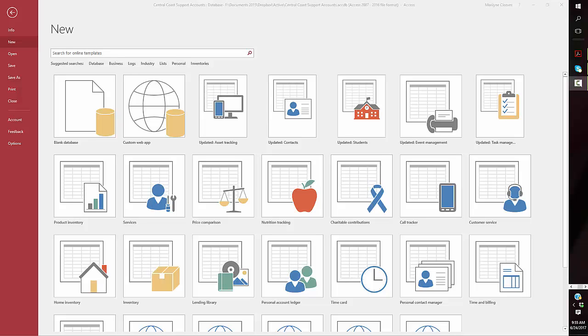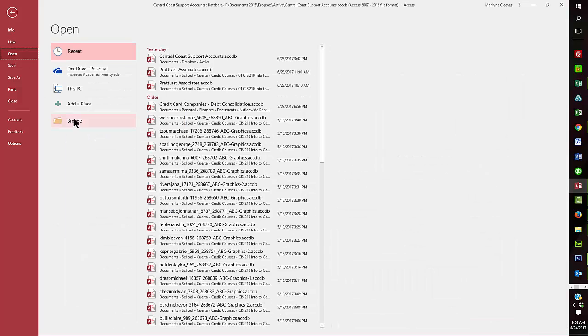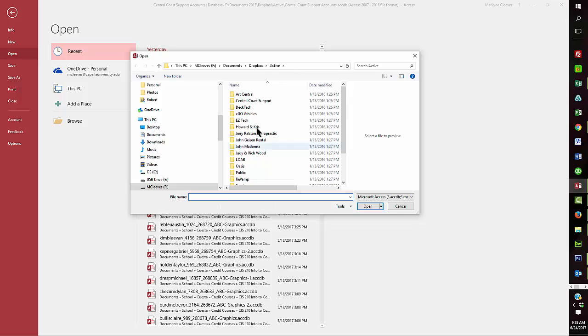Okay, on this next Access chapter, I want to explain some of the more difficult aspects of the chapter, only because, like I say, there's areas in the book that really confuse a lot of people. So first off, what you need to do is to open the file that you started